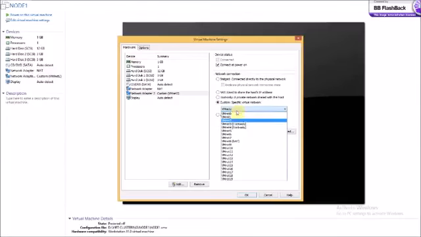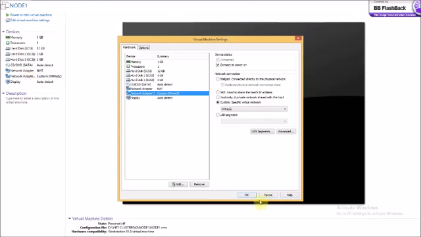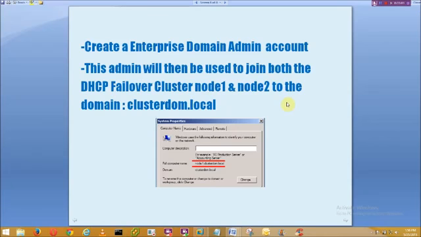And the first one will be used for the management console. The second one will be used for the iSCSI traffic. Next, we will need to create an enterprise domain admin account. This admin account is needed to join both the DHCP failover cluster nodes or the member servers to the domain